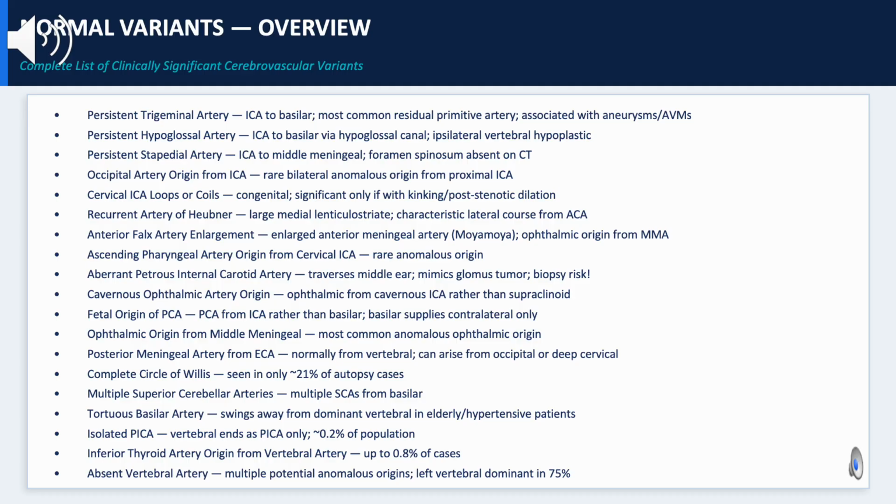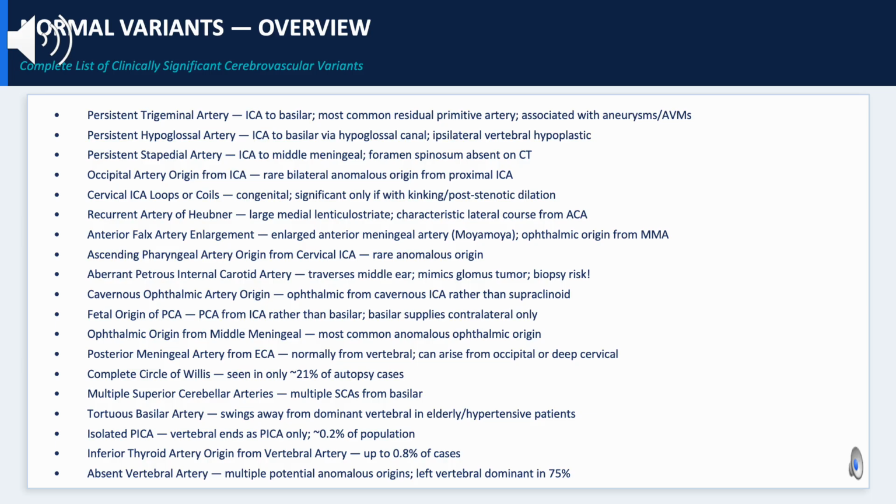This complete list of 19 clinically significant variants provides the systematic framework for pre-procedural variant screening. High-risk variants that demand immediate action when identified. Persistent trigeminal artery requires aneurysm and AVM screening. Aberrant petrous carotid requires urgent communication to the referring surgeon before any ear procedure. Persistent stapedial artery changes the approach to any MMA embolization, and fetal PCA origin dramatically expands the risk zone of